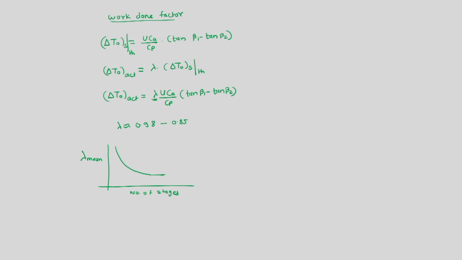Now moving on to the next topic of discussion, which is called degree of reaction. We would define degree of reaction as R, and in some places degree of reaction is also defined as lambda, which we would term as capital lambda. Here it is also small lambda, and then we will define this as R or maybe capital lambda. So degree of reaction is defined as